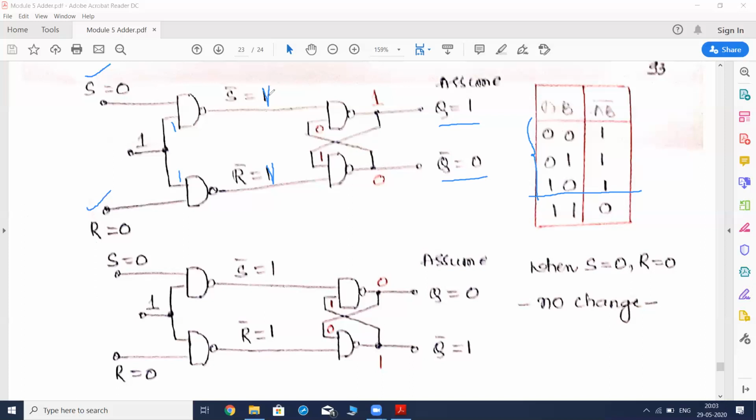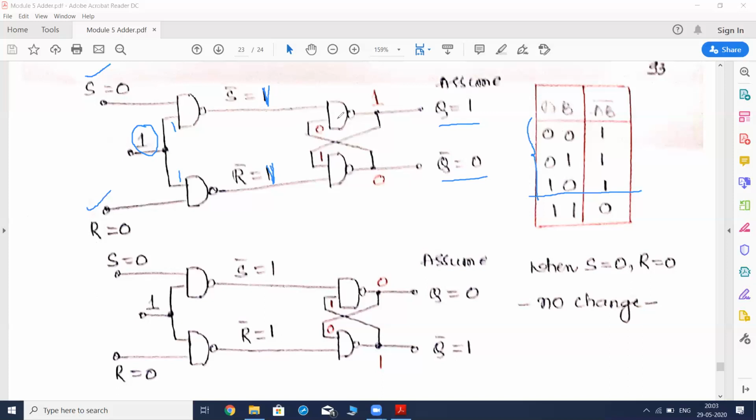So till here, I think everybody is clear with this. We have to give the inputs S is equal to 0 and R is equal to 0. We have to give the enable signal, here is our enable signal, which is 1. When any one of the inputs is 0, according to this truth table, we are getting 1. Thereby we'll get S bar is equal to 1 and R bar is equal to 1.